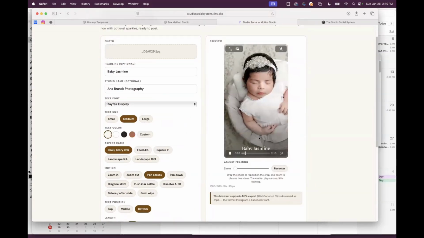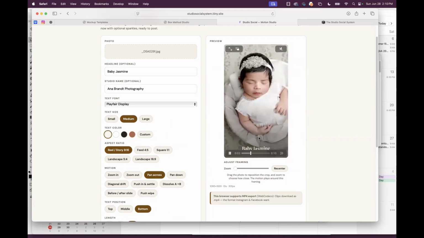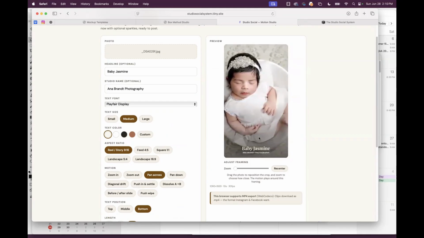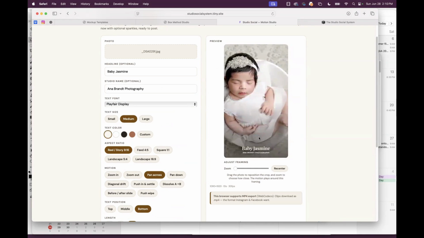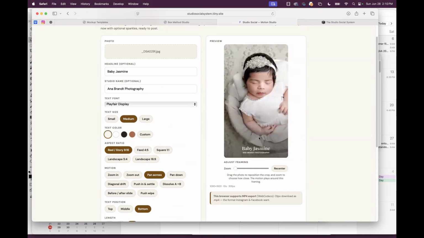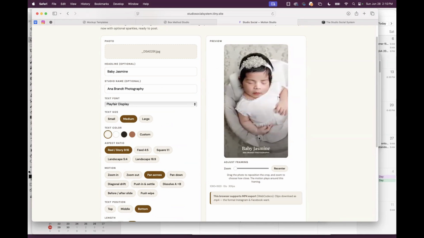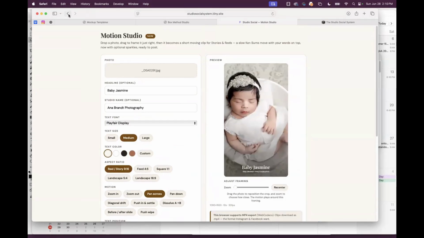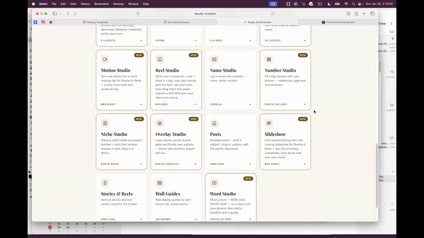And to me, if you really want to move the algorithm, you want to get more views, you should be posting 3 to 5 times a day. It's just that simple. Posting once a day is not going to get you anywhere. Every time I tell people this, they're like, well, I don't know what to post. But all these things that I'm showing you are super simple to do.